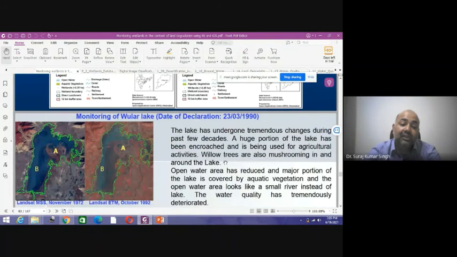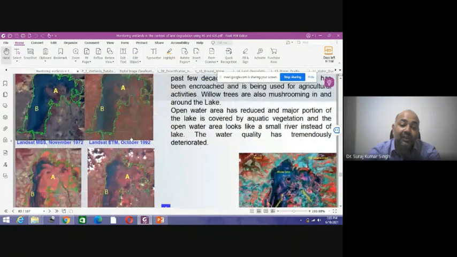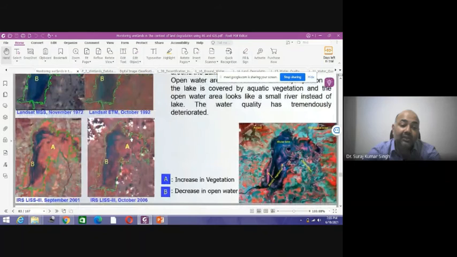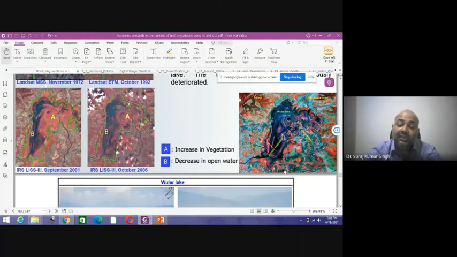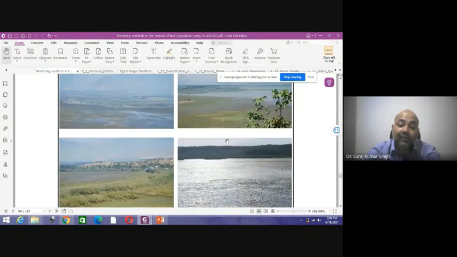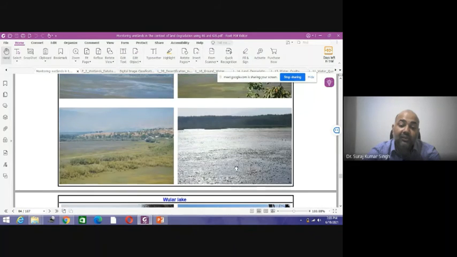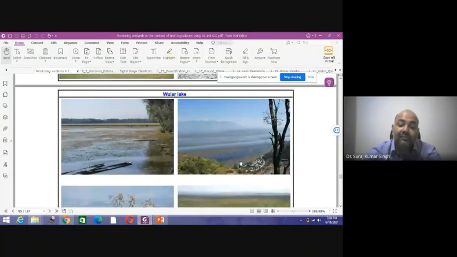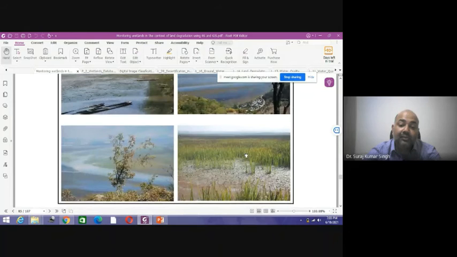You have to see whether the activity pertaining to the various kinds of land conservation or land management is properly implemented or not, and where there is an increase in vegetation, where there is a decrease in water, and thereafter you will have a field photograph of those areas, whatever statements, whatever objects that we are seeing.